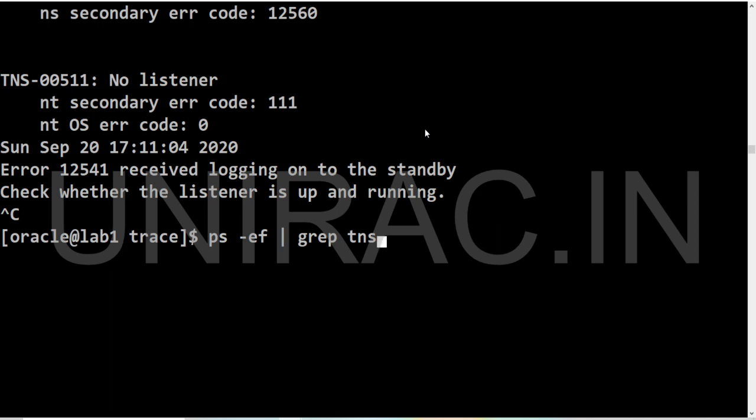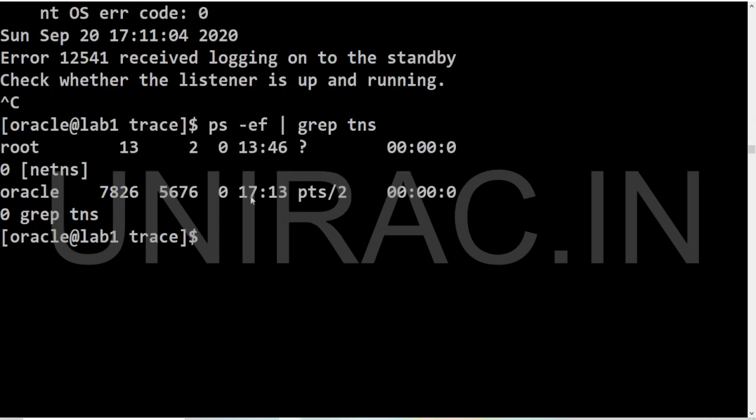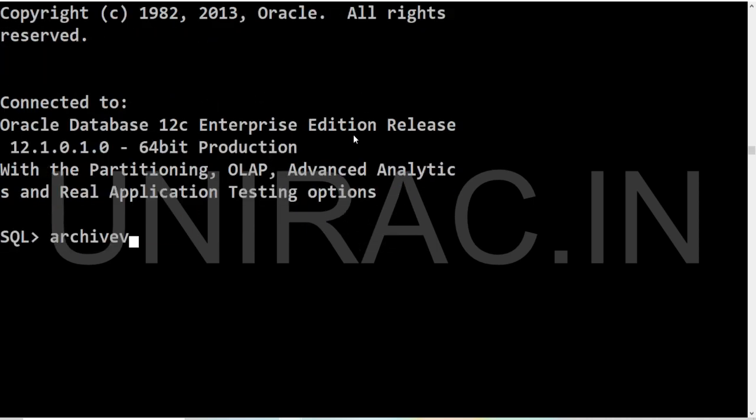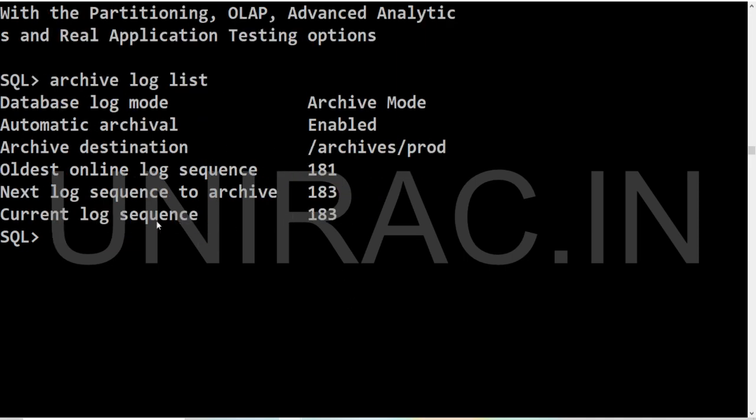Using ps -ef | grep tns, we can verify whether the listener is up and running. Currently there is no listener, only the PMON process we can see. And the current archive log which we received, in production we have up to 182, the current is 183.